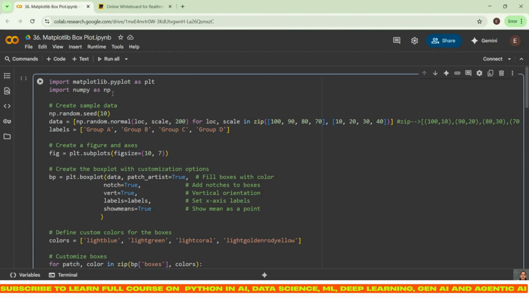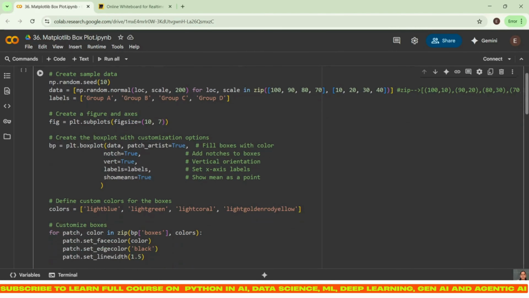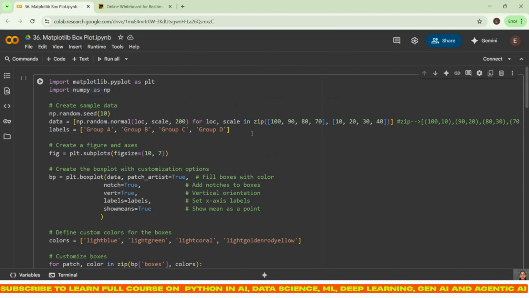So again, we know this process, right? We have to import matplotlib.pyplot as plt, right? We are loading our libraries. We are loading our NumPy library, import numpy. Then what is the next step we have to do? We have to create our data set. Our X and Y, right? As box plot is based on the category, in your x-axis, what should be there? Category, right? In your y-axis, we should be having data. Based on the data, how that category is coming up, we need to plot it.